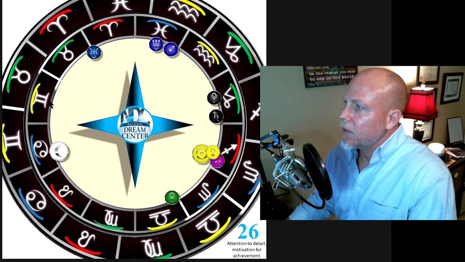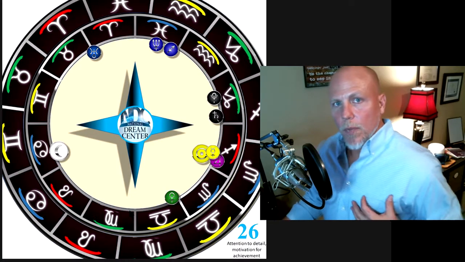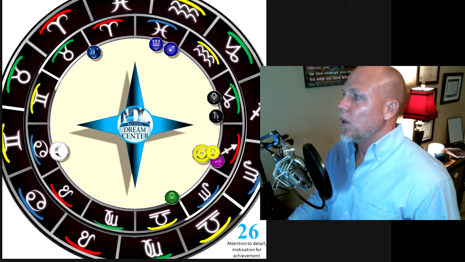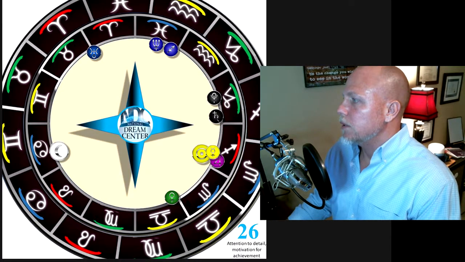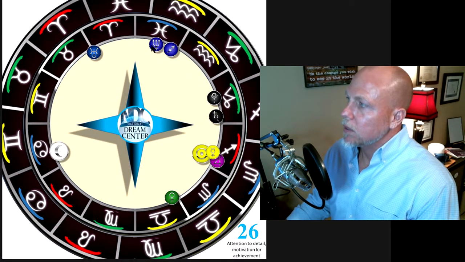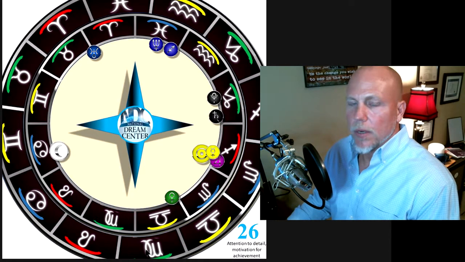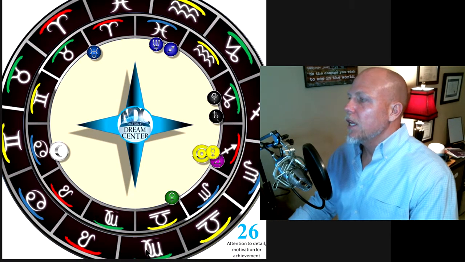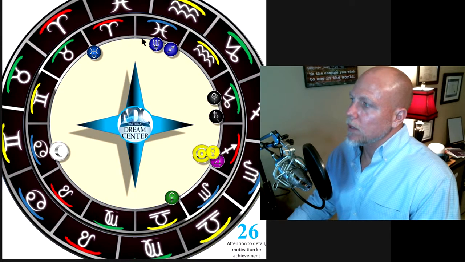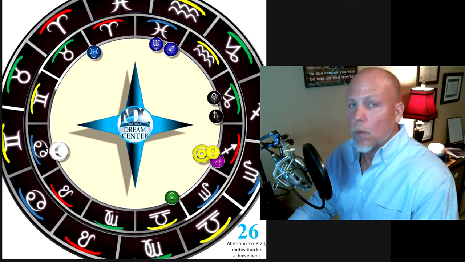So now, what about these planets? These planets affect not only the electromagnetic field of the Earth, but also the electromagnetic field of us. And what we have is two zodiac signs inside of the other. The inside one is called the tropical. The outside one is called sidereal, whatever you want to pronounce it, potato. The inside one is the one we've been using ever since we started the CIRF reports. This is called the tropical. This is based on Western